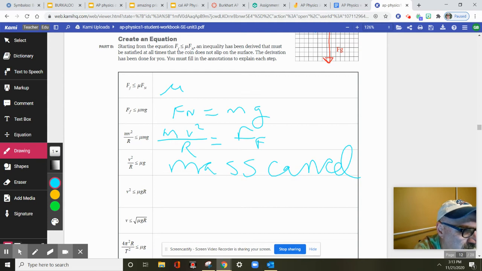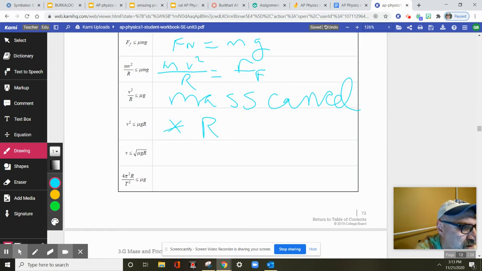And then we multiply both sides by r. Multiply both sides by r. And then we take the root of both sides. And then the next step is the weird one. So it turns out that, where did that come from? Why did we even bother taking the square root? I don't know. But, wow, so then they jump all the way down, substituting 2 pi r over period for